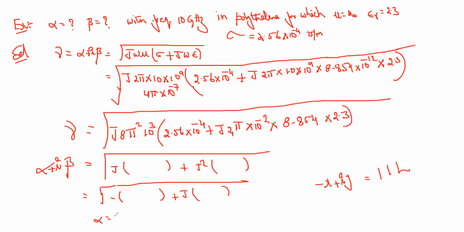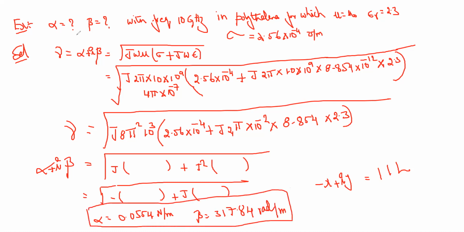So alpha will get as alpha is equal to, in the Napier per meter is 0.0554 Napier per meter, and the beta, the coefficient of the j, that is a 317.84 radians per meter. Okay, my dear students. That is, they ask what is the alpha and the beta for the given attenuation constant, and the beta is equal to phase constant. For the given frequency 10 gigahertz in a polyethylene, for which the mu is equal to,